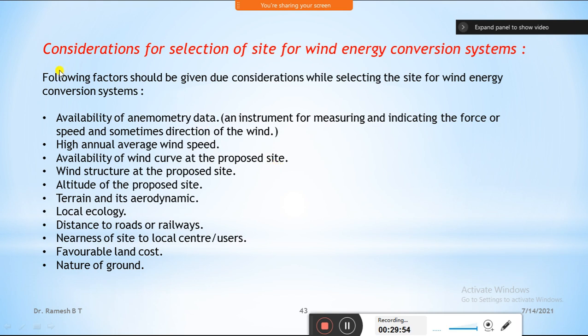So these are the very important considerations. We cannot go against these considerations. Of course, we can go against them, but what happens? It may become very costly, and the power generation becomes very costly, or we may not get the expected power output. Because of less wind speed, we get less power. So we have to face some drawbacks like this. To avoid and predict that, we have to go with these considerations.